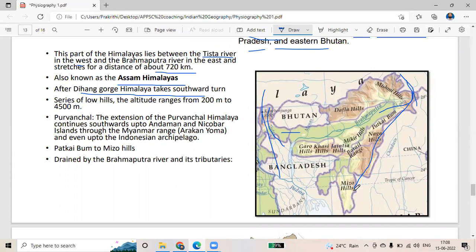So what are the hills here in Arunachal? डफला, मिश्मी, मिरी, अबोर, ये सब हिल आ जाएगा हमारा अरुणाचल प्रदेश के अंदर। Then the Patkai Bum, the Naga Hills, the Mizo Hills, the Mikir Hills, फिर गारो खासी जयंतिया, ये तीनों एक साथ बोलता है गारो खासी जयंतिया, ये सब हिल आएगा this Eastern Himalaya के अंदर। And the entire area is drained by the Brahmaputra and its tributaries। वो सेंटर पोर्शन से ब्रह्मपुत्र इसको कट के जा रहा है। Whatever its tributaries come under the Brahmaputra,